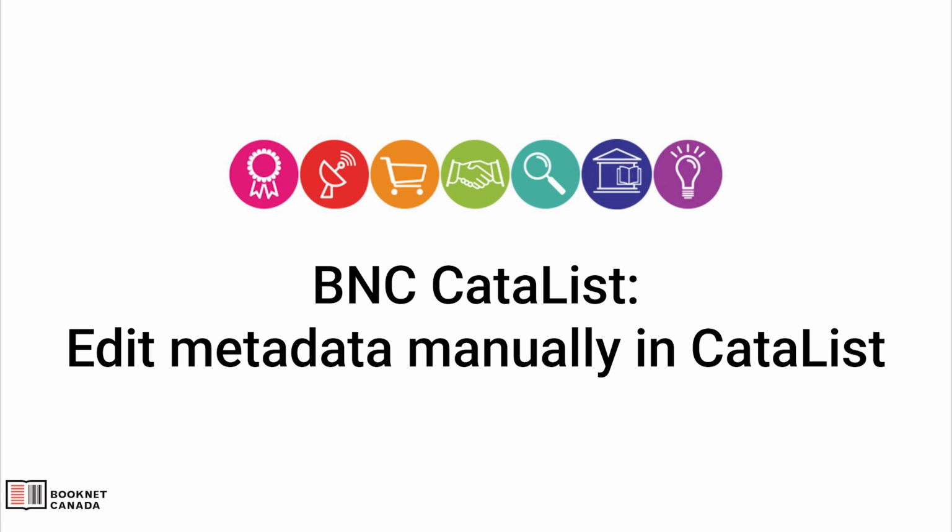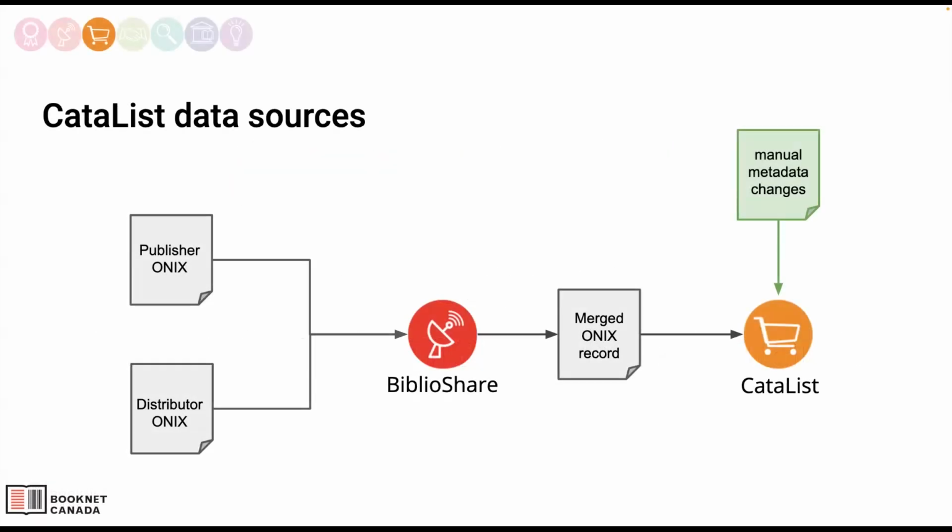Welcome to CataList. In this tutorial video, you'll learn how publishers can edit their metadata manually in CataList. Bibliographic data flows into CataList from BookNet's data aggregation service, BiblioShare, which is populated by ONIX files provided by publishers